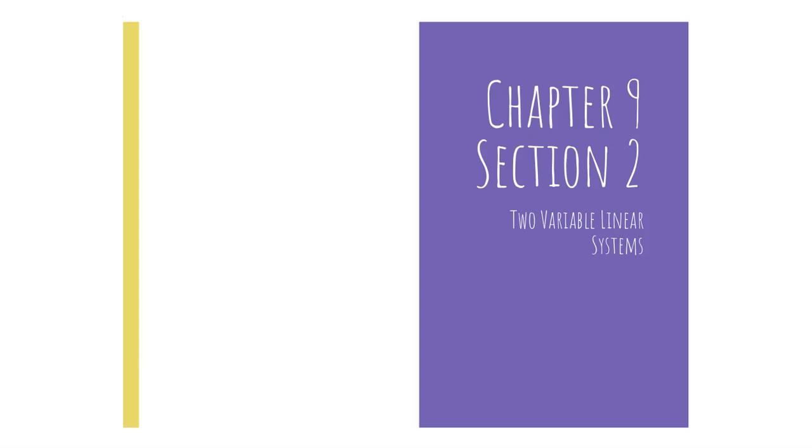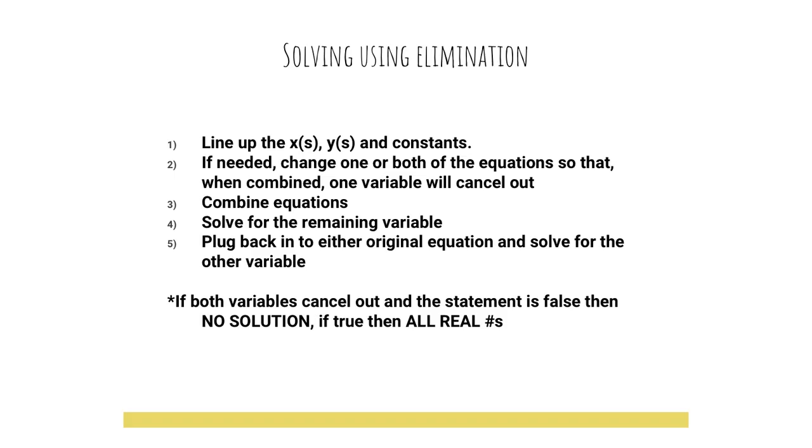All right, so 9.2, two variable linear systems. For these, we're going to go ahead and use elimination. So first thing you have to do is make sure your x's and y's or whatever constants you have are lined up. If needed, you have to change one or both of the equations so that when combining the variables, they'll cancel out. So changing means multiply one or the other, or you can do both sometimes depending on what they're giving you. So cancel out one variable, combine the equations, solve for the remaining variable, and then